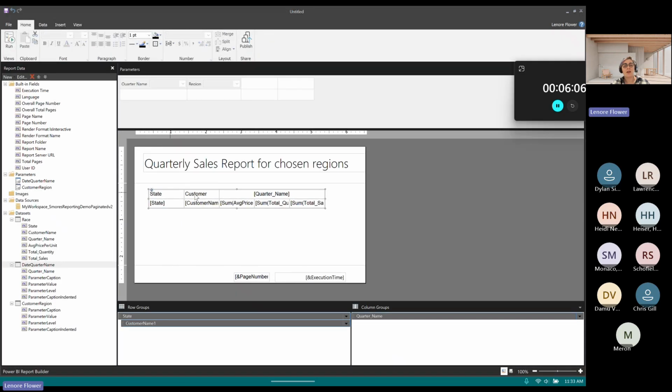Let's do a little bit of cleanup. So we've only got 6 minutes left before our hypothetical executive team demands this report. We have a basic table structure here with a state, customer, and quarter name. I'm going to go ahead and make this bold, same way that you would in any other scenario.